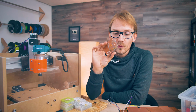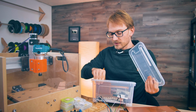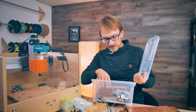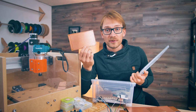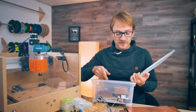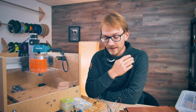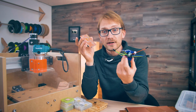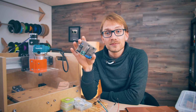Now, first of all, why do you even want to mill a PCB? We have proto PCBs like this or strip boards that you can just solder your stuff to, right? But these are practical up to a certain size, but as soon as you have to make more than just a handful of connections, or you need to make a second revision of your design, it's just a huge pain to solder everything up again. So having a PCB like this is going to work. You don't have to worry about a breadboard failing or anything,